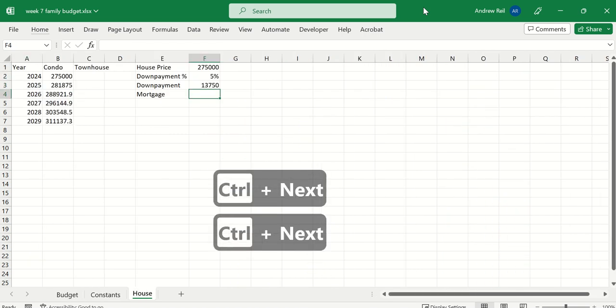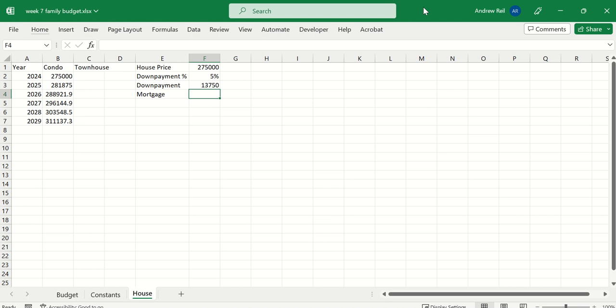Control, page down. The mortgage is whatever is the house price minus the down payment. So it's equal house price in F1 minus, and then up to down payment in F3, enter. So it's $261,250 mortgage. So I'm going to leave a gap and I go down to E6 and type in